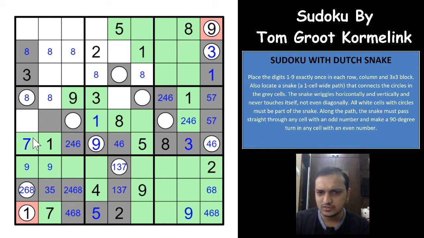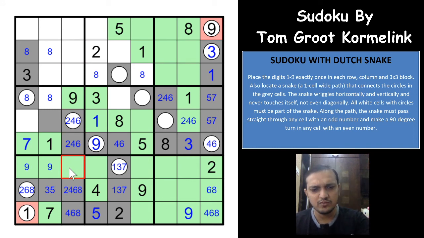So this cannot be a snake cell. Okay, so let us see if we can get something with the classic rules here. So this is a turn, right? Which means it would have to be 2, 4, 6, right? So you got a 2 4 6 8 quadruplet here, all the odd digits here, so all the others would have to be even digits, right? So this would have to be 3 and 5.